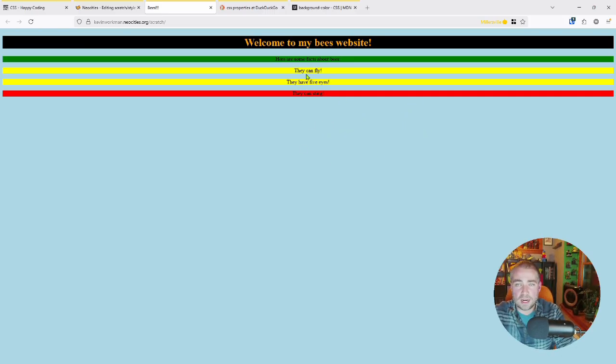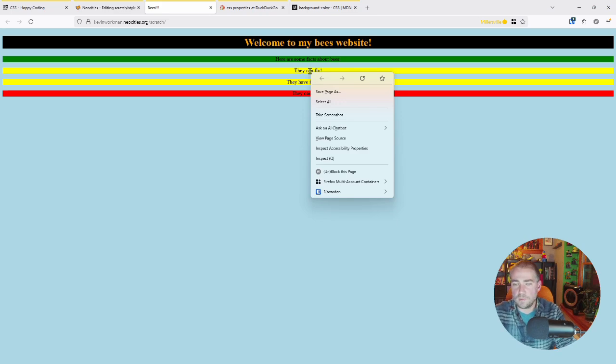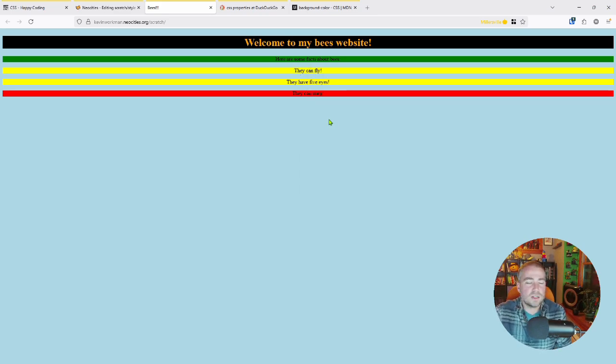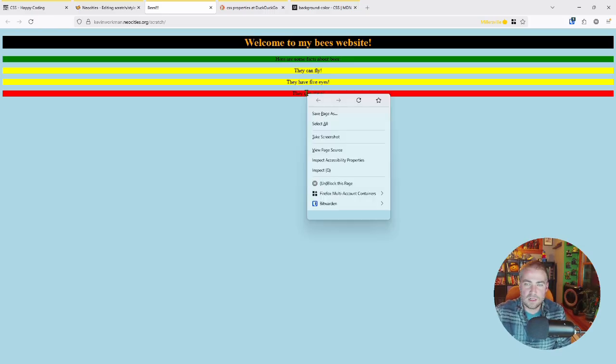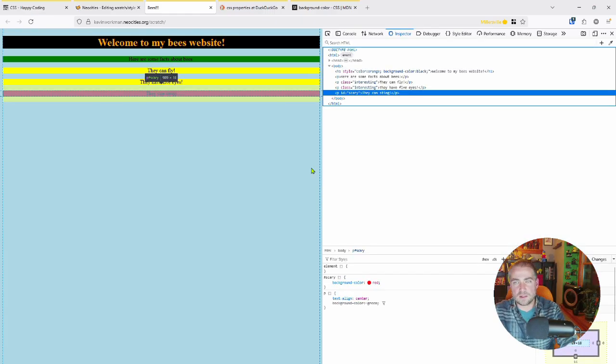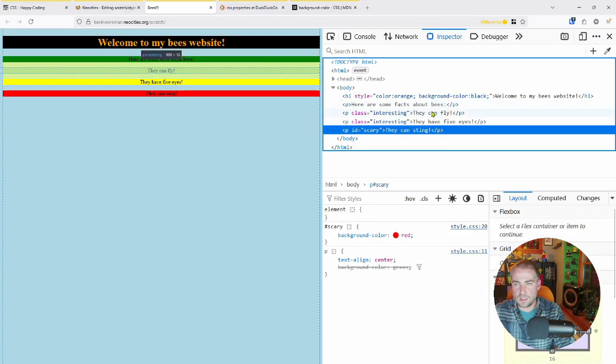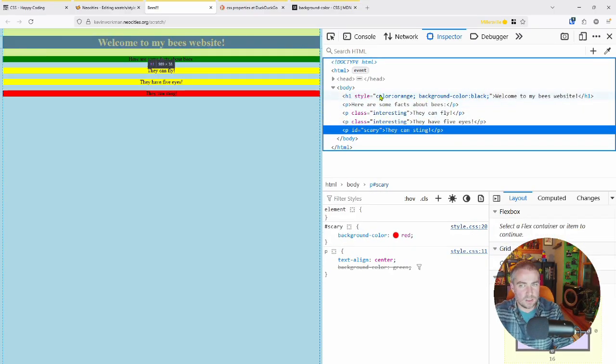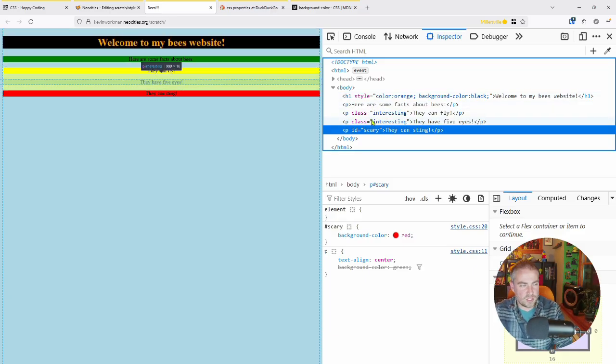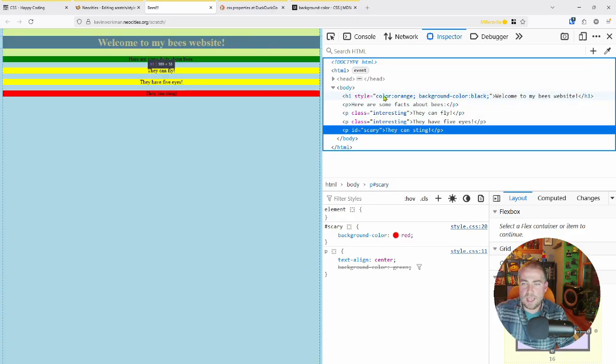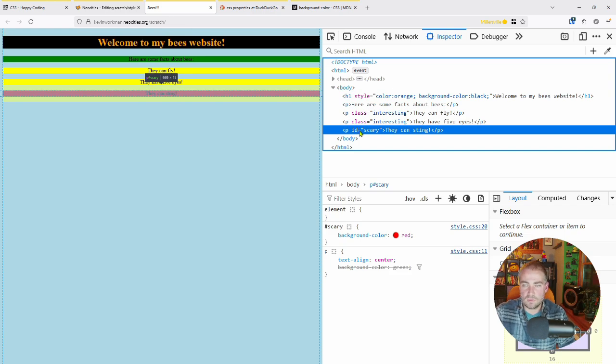So the way I do it is I right click, and let me make sure you can see when I right click. You can. I'm going to right click anywhere in the page. In this case, I'll right click the red paragraph here. I'm going to hit inspect, and it pops open this panel on the right side. Can I make this bigger? Ooh, I can. And it's showing me the HTML that generated this page, and that includes things like the attributes,